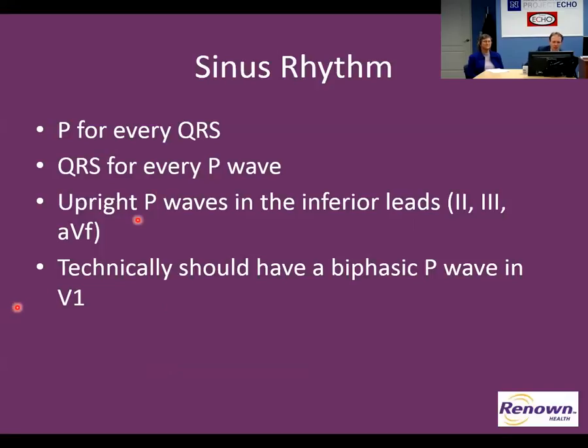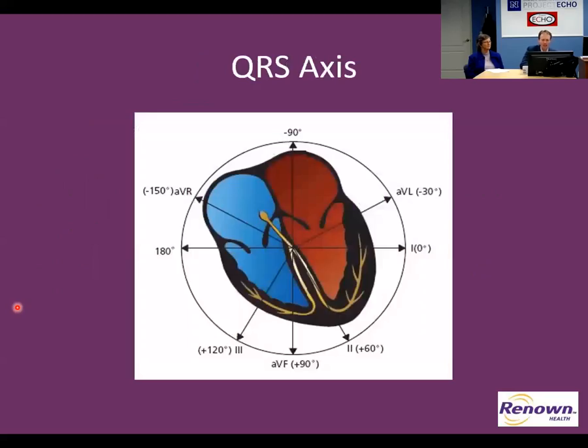All right, so back to sinus rhythm, which we previously talked about: a P for every QRS, a QRS for every P, and upright Ps in the inferior leads that you should see in sinus rhythm. And usually you should see a biphasic P in V1, but not always. So again, just to review,